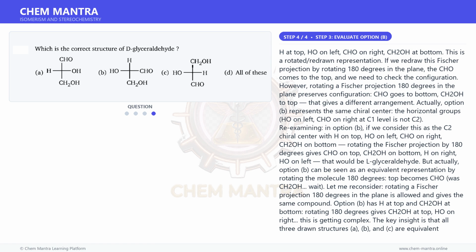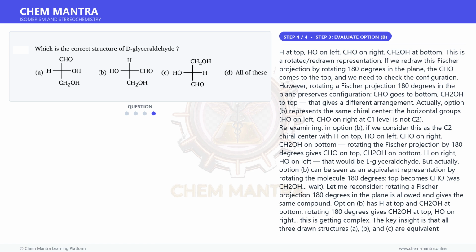Rotating option A 180 degrees gives CH2OH at top, OH was on right, now on left after 180 degree rotation, H on right, CHO at bottom. This matches option C. So option C is the same compound as option A,